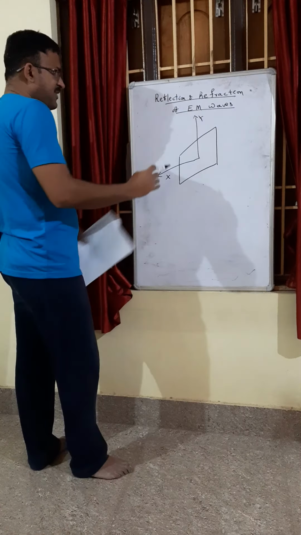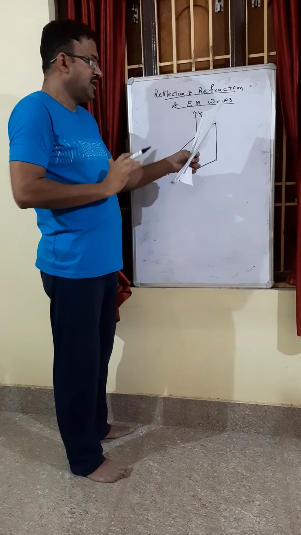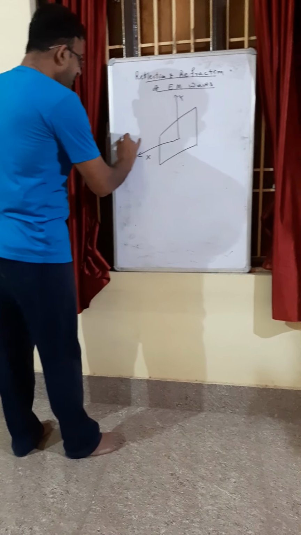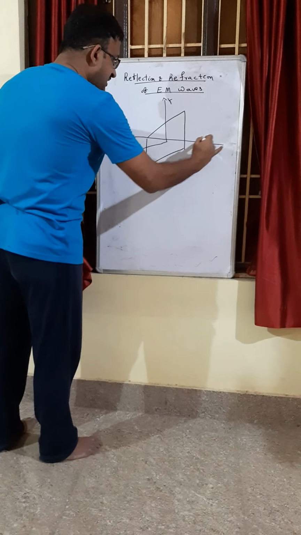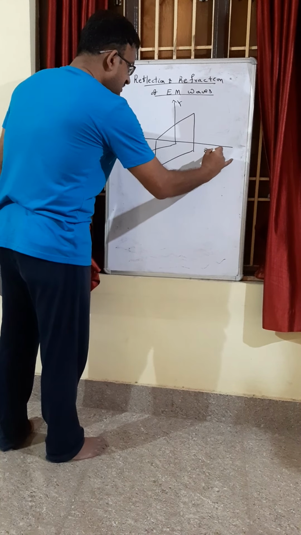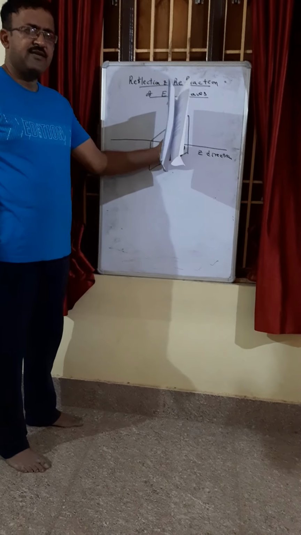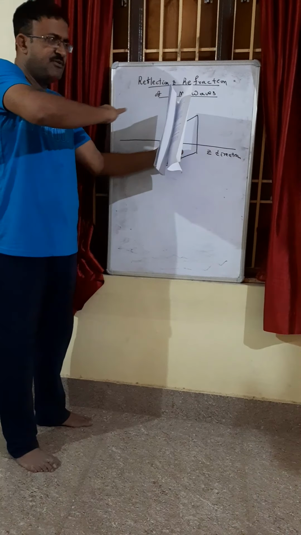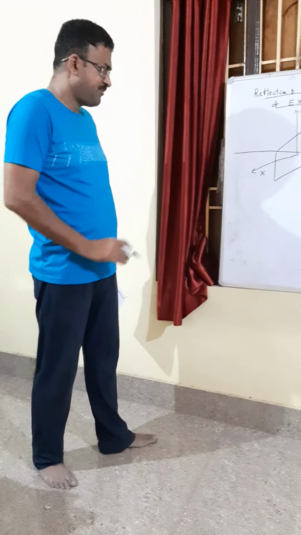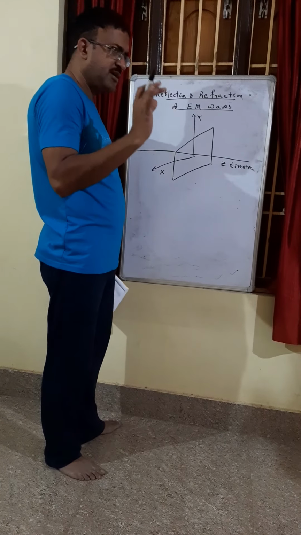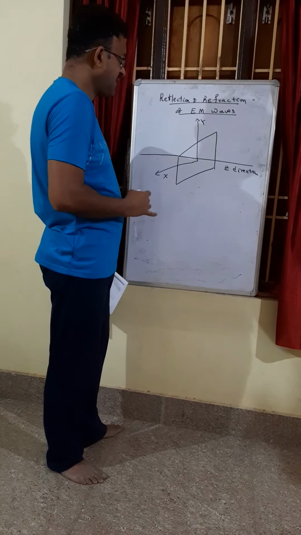And if the boundary represents the xy plane and an electromagnetic wave is incident like this, the direction of propagation of the electromagnetic wave can be treated as the z direction. So the boundary lies in the xy plane and the electromagnetic wave is propagating along the z direction. To represent the propagation of the electromagnetic wave, you require a propagation vector. Here the propagation vector is along the z axis.